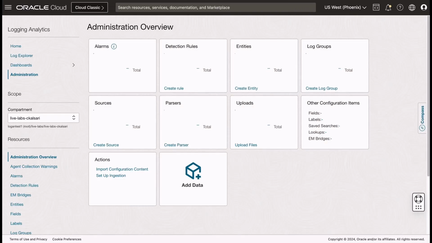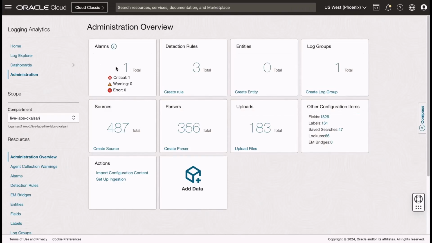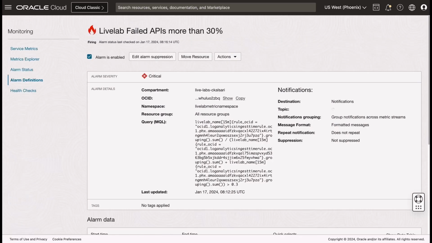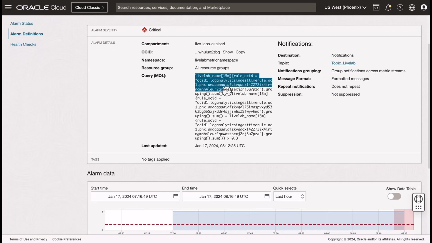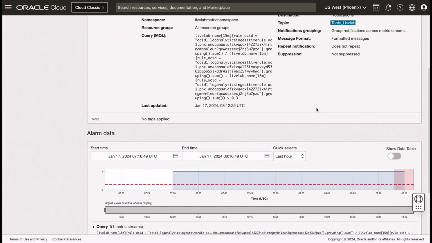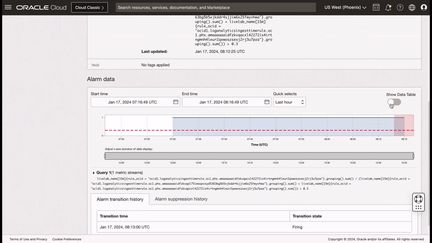Refresh the page, and now I see one critical alarm was fired. Click the number on the Detection Rules tile. Click the triggered alarm. Now, I see the information for this alarm and that it's in the firing state. Drill down to see the alarm data. I see the query that ran, the topic, and the data that can be displayed as a graph or a